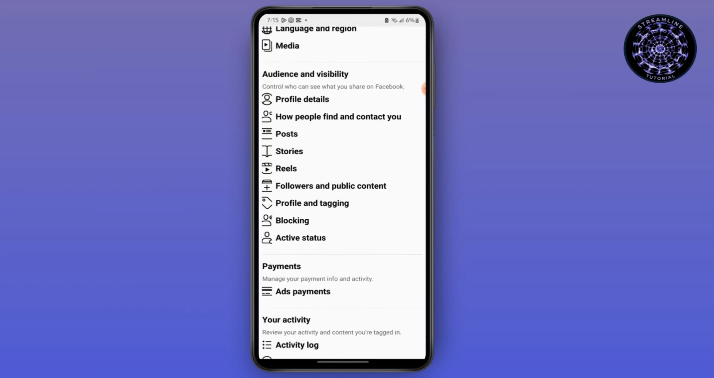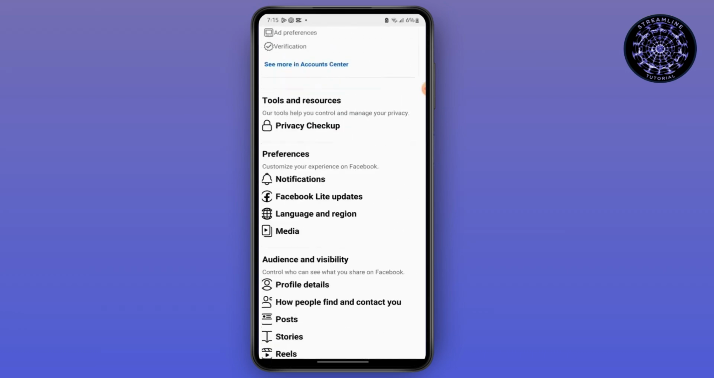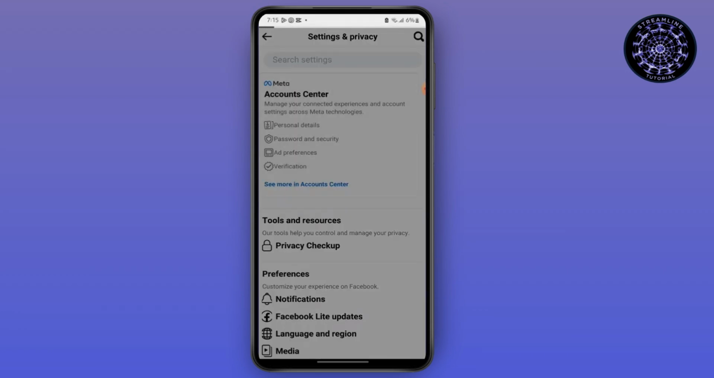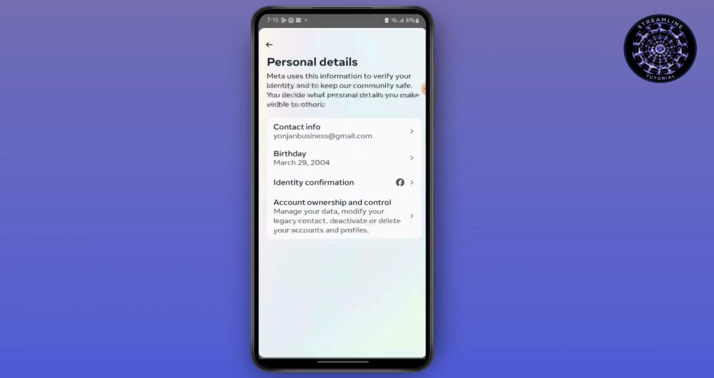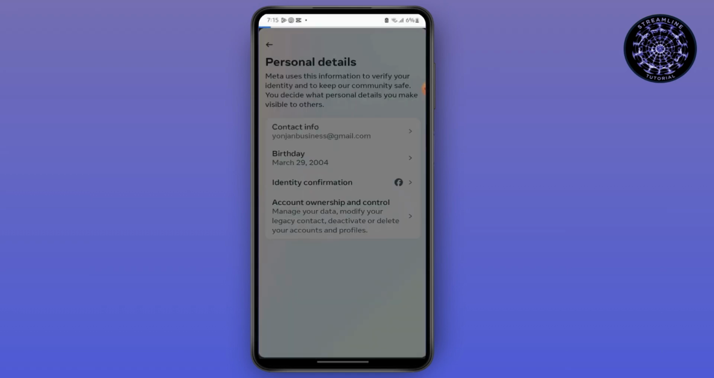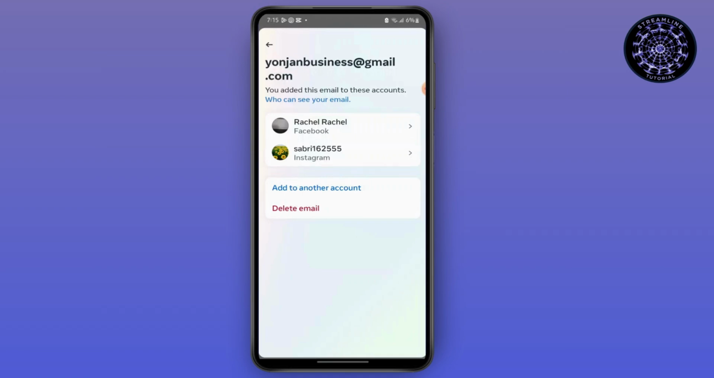You should find your email added over there, but if you cannot find it there, simply go to Account Center, go to See More in Account Center, go to Personal Details, go to Contact Info, and then select the contact info or the email that you want to remove, and then simply tap on Delete Email, confirm deleting, and that's